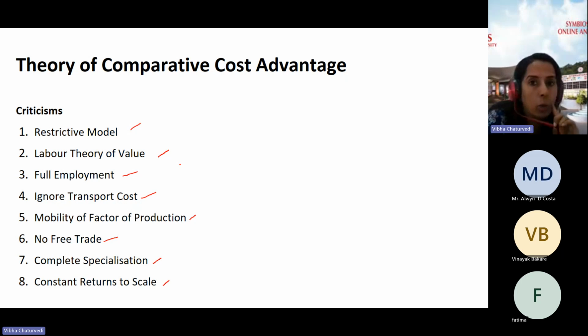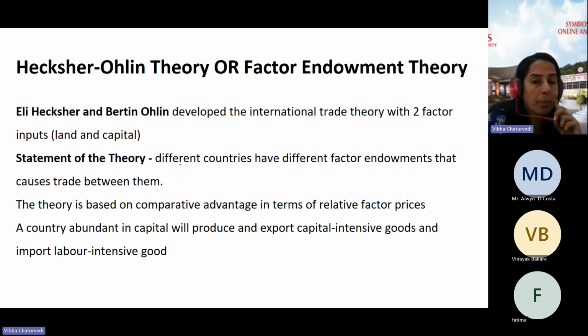So barter is not always the case, and cost calculations are not as simple as understanding only labor cost all the time, right? So this theory also had its own criticisms,